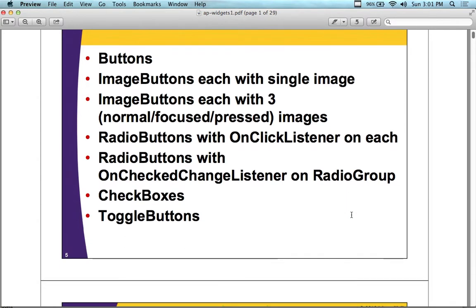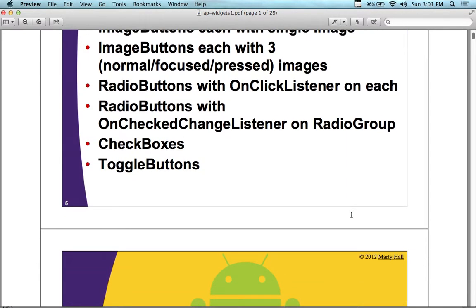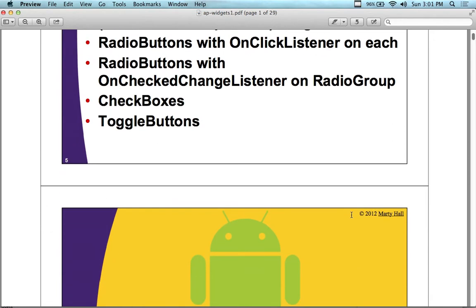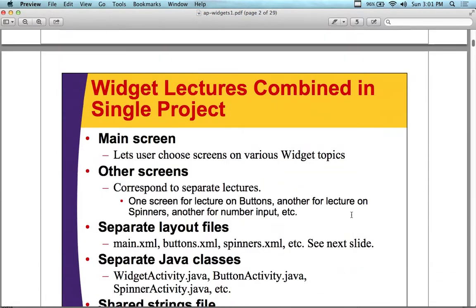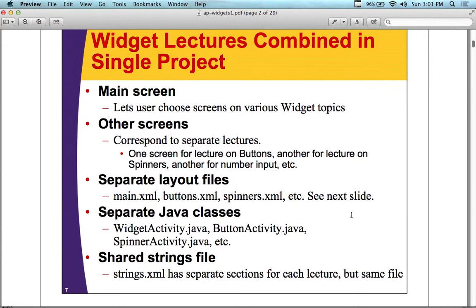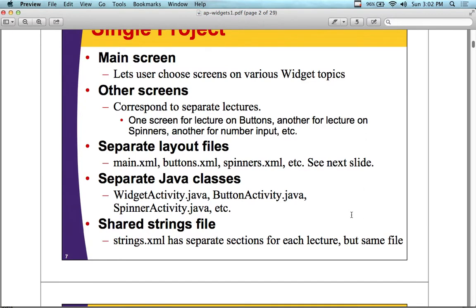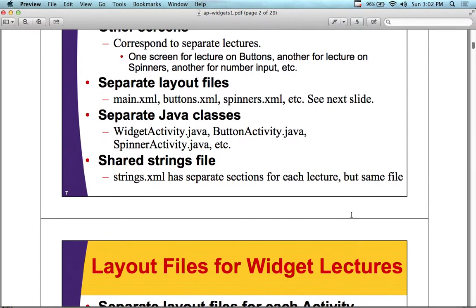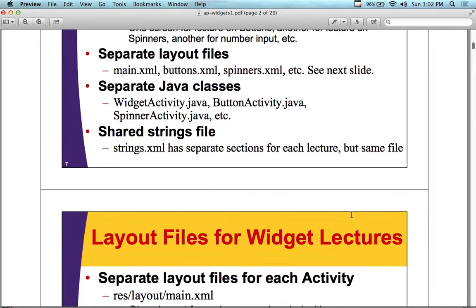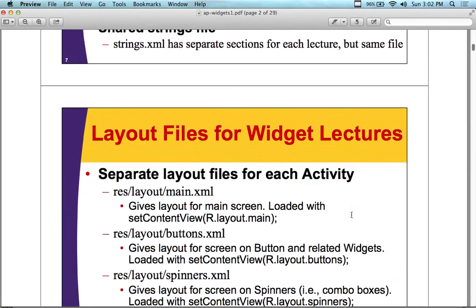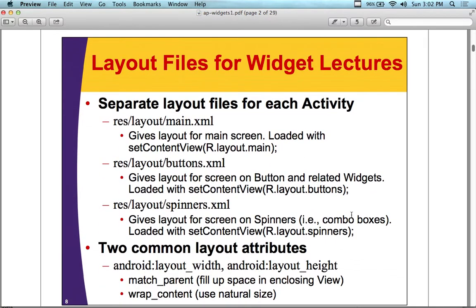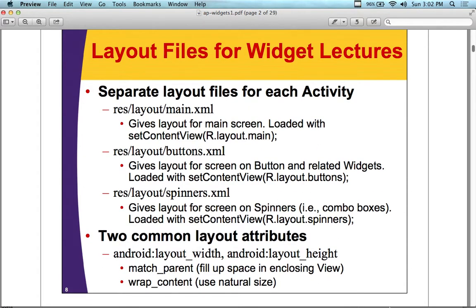Buttons, image buttons, radio buttons, checkbox buttons. We've seen the listeners, we've seen the components. Let's put them together in a cool example that's going to be a comprehensive combination of all those things put together. The choices of screens for various different widget topics, other screens corresponding to separate lectures and things of that nature, you can put together. Separate layout files, separate Java classes, sharing strings between files and examples is probably a good thing to take away from this. In terms of the separate layout files for each activity,